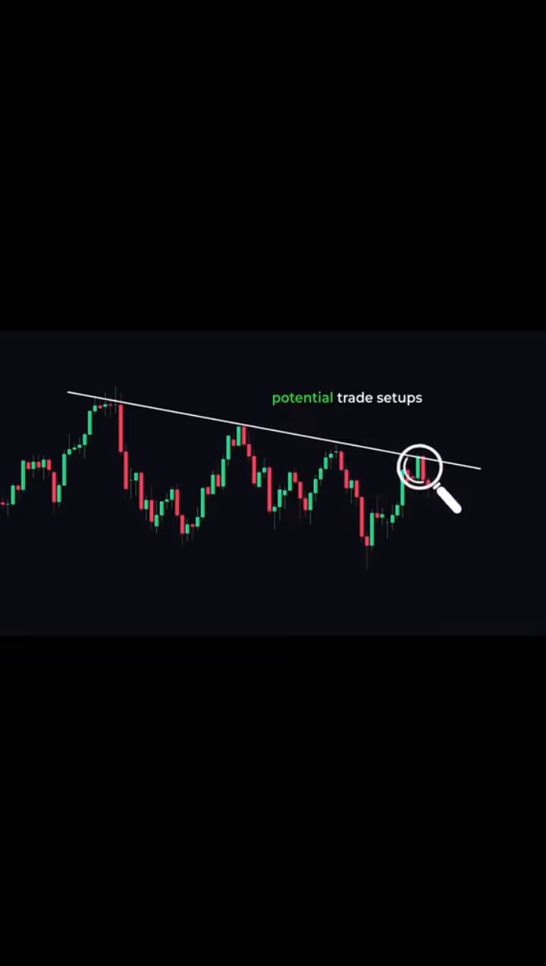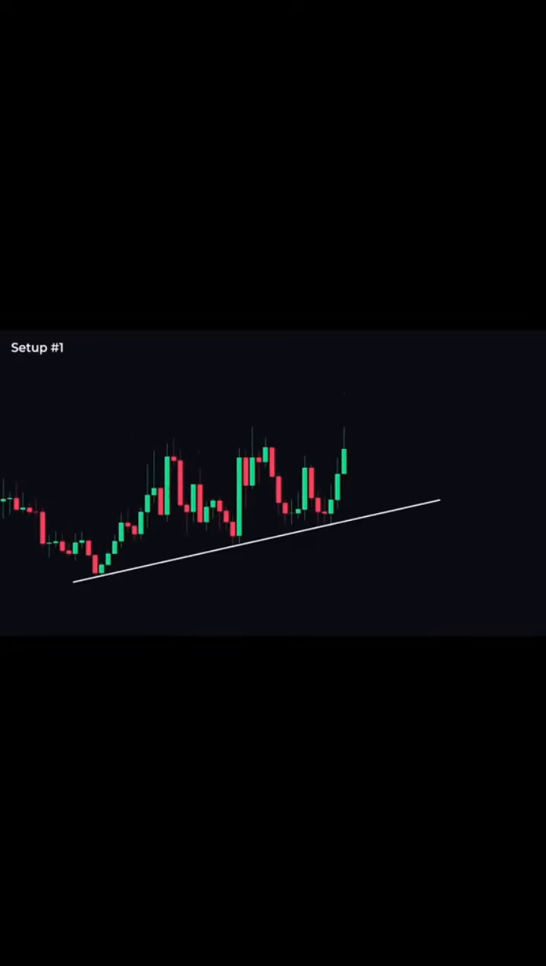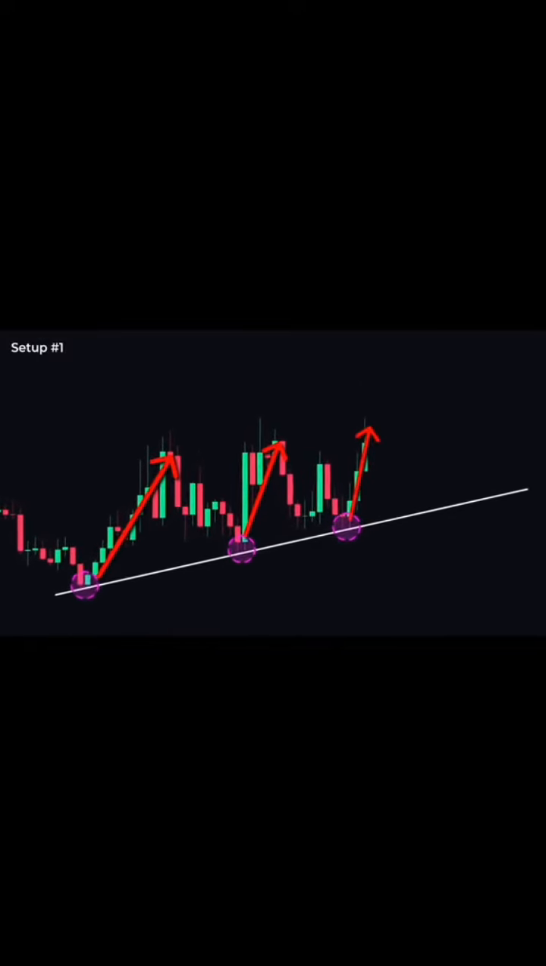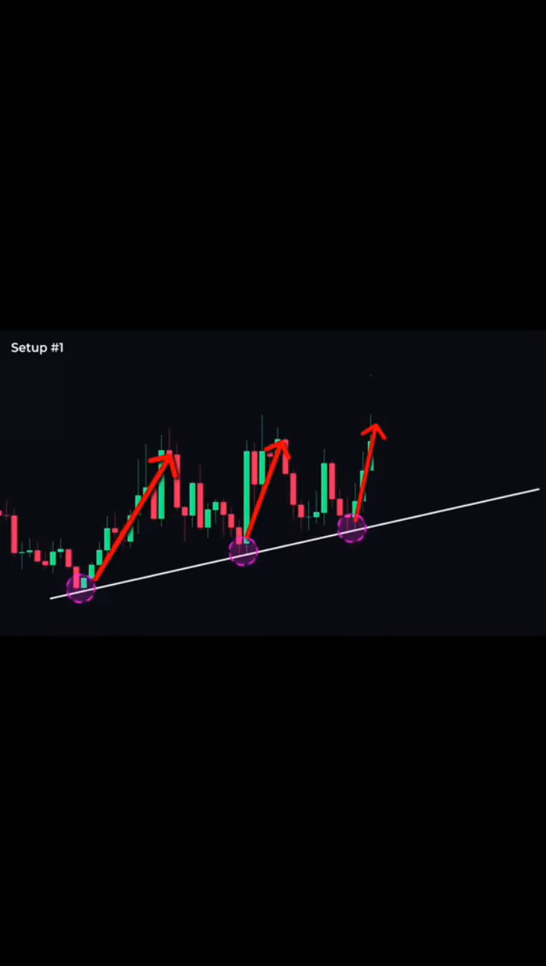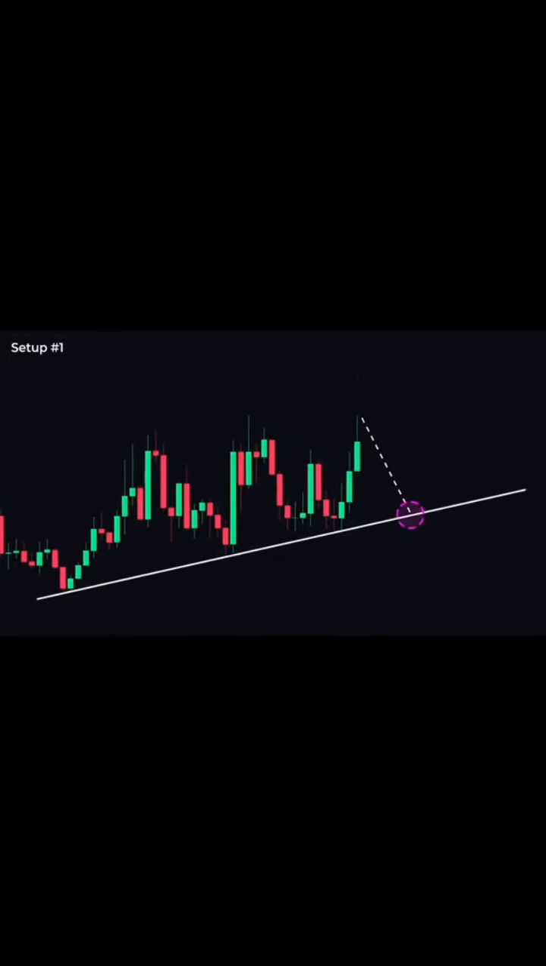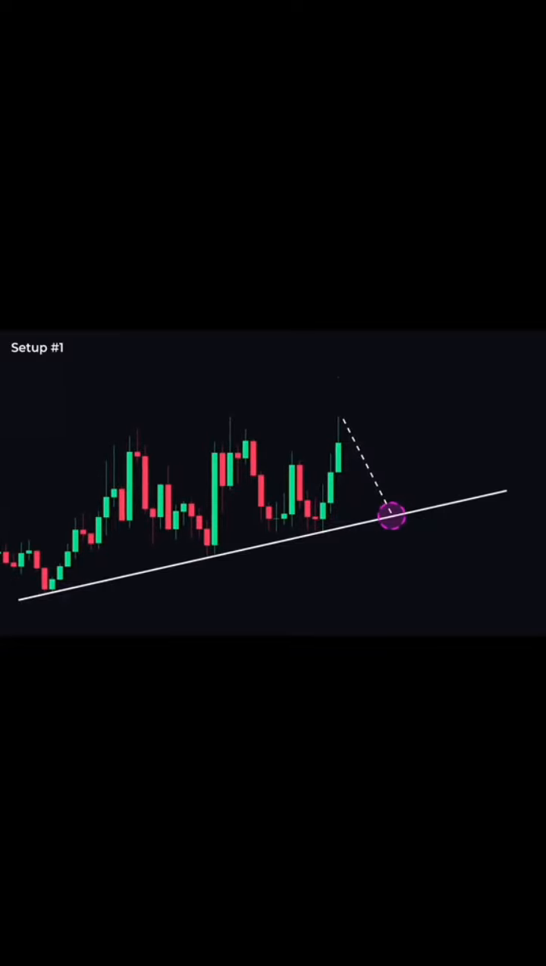For example, in this chart, we've applied a trend line by connecting the swing lows. Now, notice that in the past, price tends to bounce off the trend line every time it touches it. This tells us that in the future, if price ever approaches the trend line again, there's a high probability that we can expect another bounce. So, a possible trade setup here